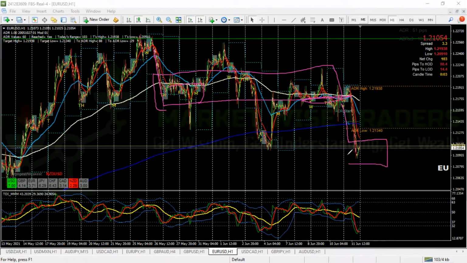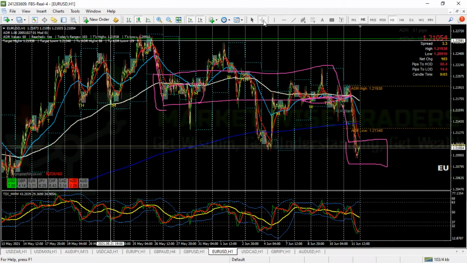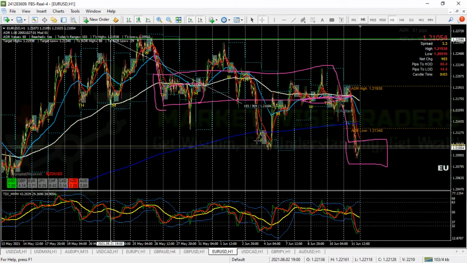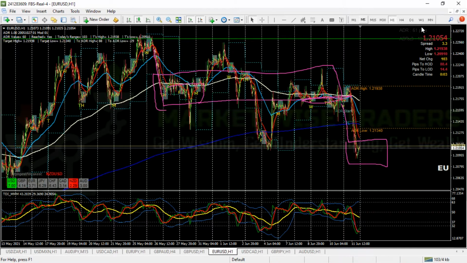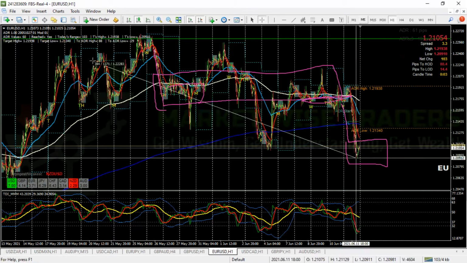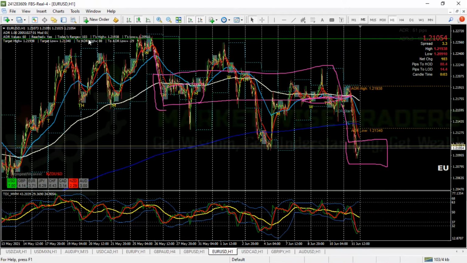So let me just see in terms of ADR value how many pips we have moved here. From up there down to here, that is 167 pips, and like I said, our ADR value there is about 183. That's what my broker shows, it might vary a little bit with your broker, but it's more or less the same. So I'm looking at 165. So what I'm expecting on EU